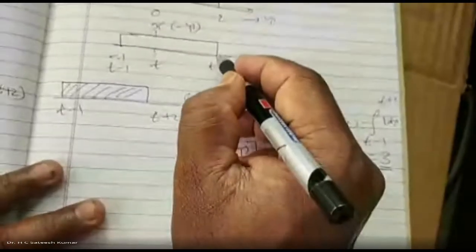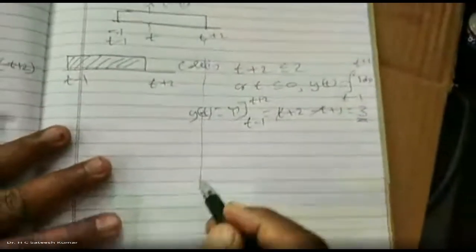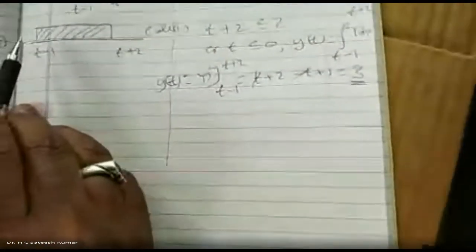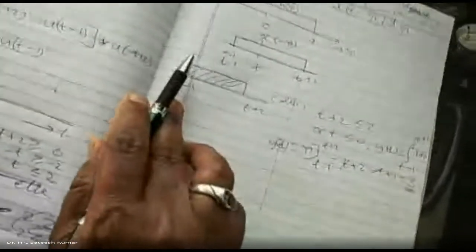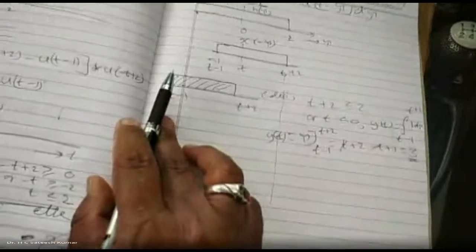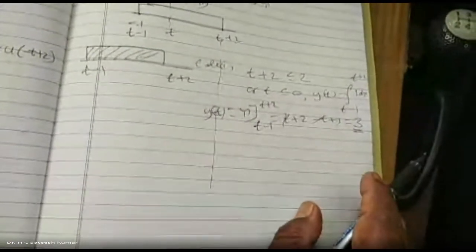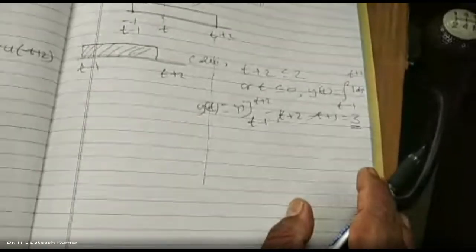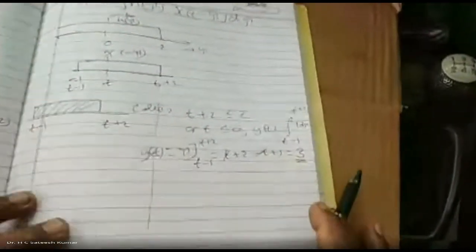Case number 2. Up to this point it is shifted, up to 2 it is shifted now, from minus infinity to the overlap. See the special case here. Generally, in most of the cases, overlapping starts from 0 or minus 2, minus 3 like that. Now in this case, the overlapping starts from minus infinity. So the first case itself is complete overlapping. Therefore, the complete area is overlapped, so it is constant in the first case.